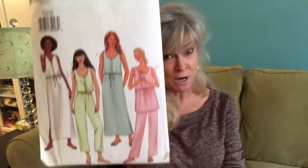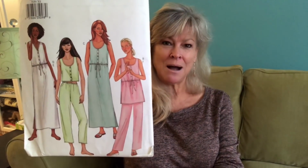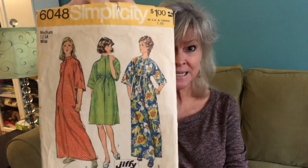I have to put on a robe when I get up though, or I will freeze, because I have two temperatures, boiling hot or freezing cold. So that's a cute little nightwear pajama pattern. This is a 1970s pattern from Simplicity